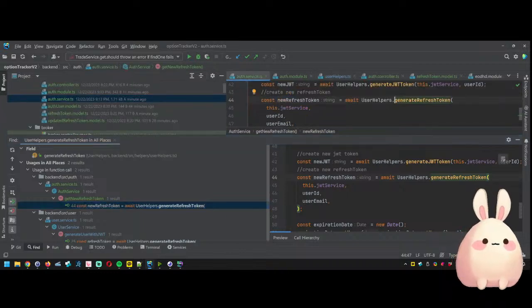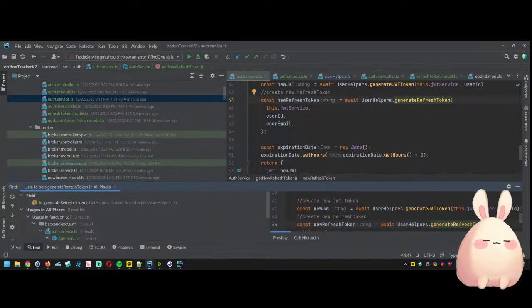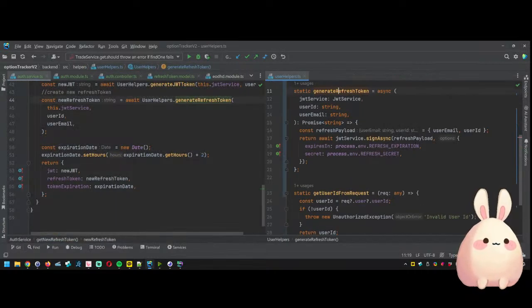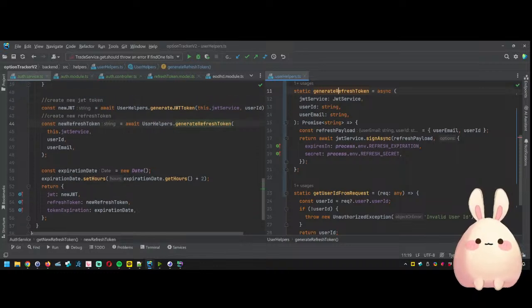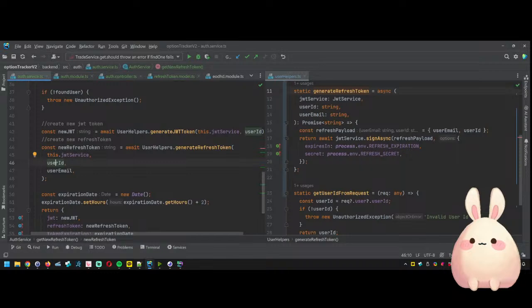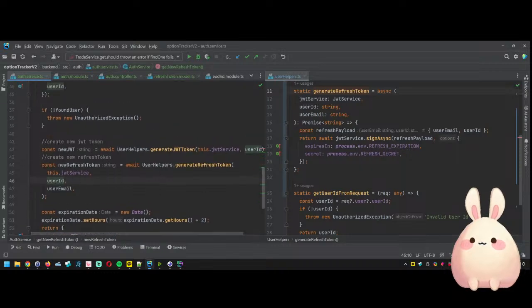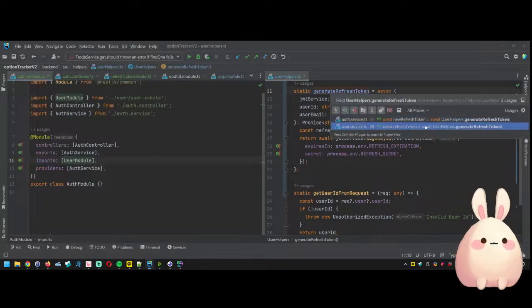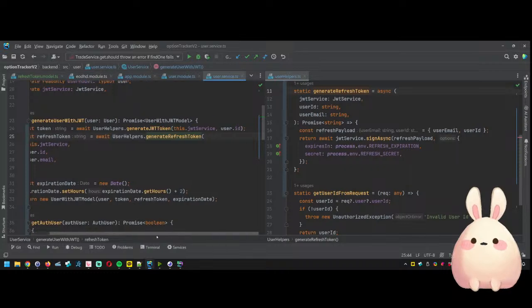Refresh token should be user ID, user email. Hold on a moment. Let's move you out. So let's go over here, move you here. You should be sending the JWT service the user ID and the user email. Okay. We have that in the auth service, which is fine. Let's come over here to this. We have the